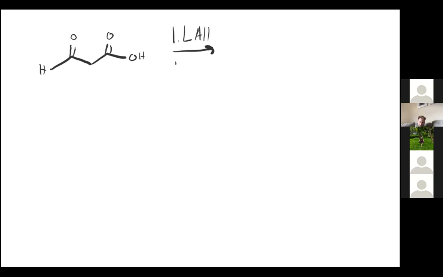Also, with these reducing agents, you're going to always assume that they're in excess. They tend to, once they reduce one thing, it's easier for them to start reducing everything. So you never would try to add in one equivalent of one. It's not selective enough to pick up on one carbonyl over the other. So it'll just start reducing everything in your molecule. So if I added in LAH with this compound, which has both a carboxylic acid